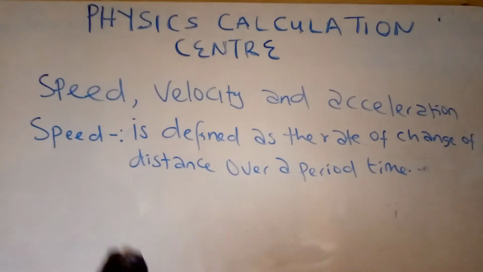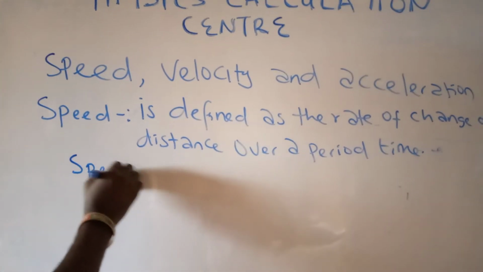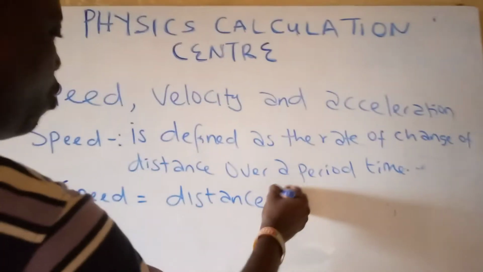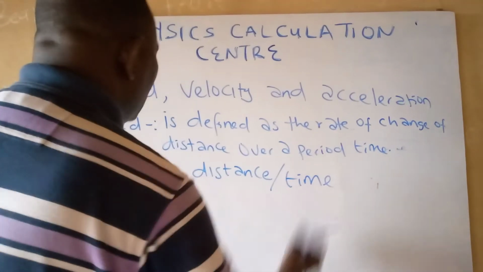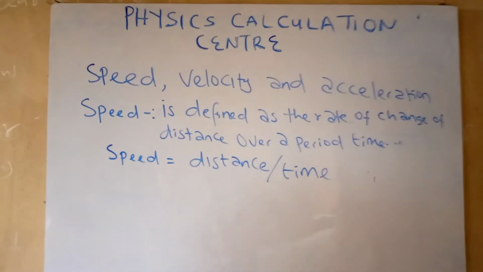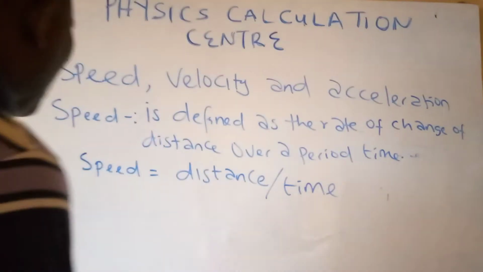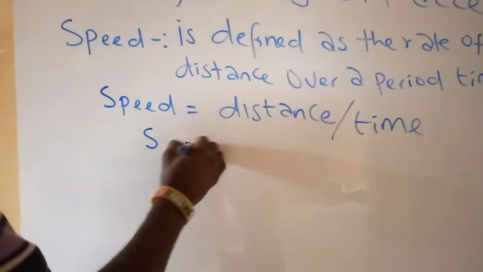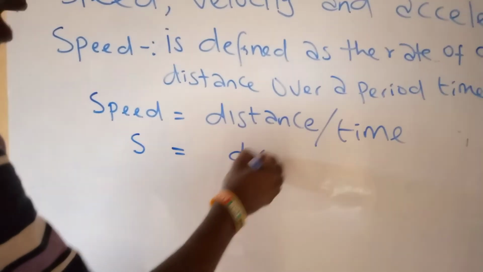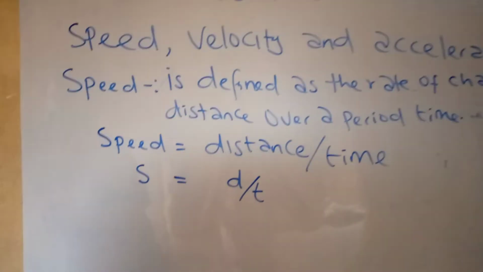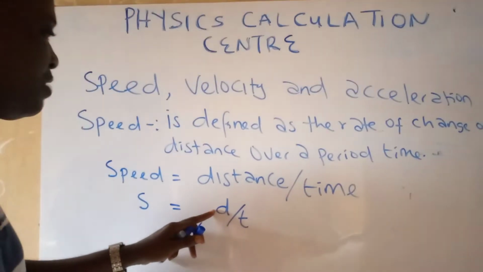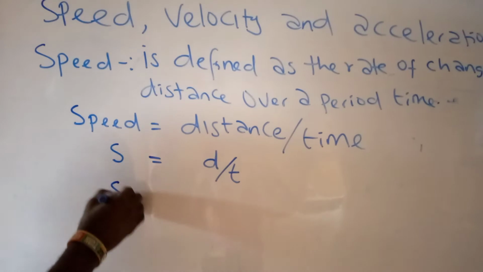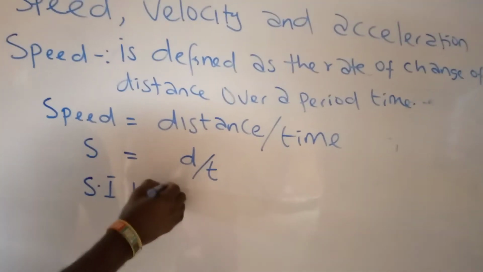Now, there's a formula for speed, and it is distance over time. For calculation's sake, we can write speed as small s, distance is d and t is time. S stands for speed, d stands for distance, and t for time. And the SI unit for speed